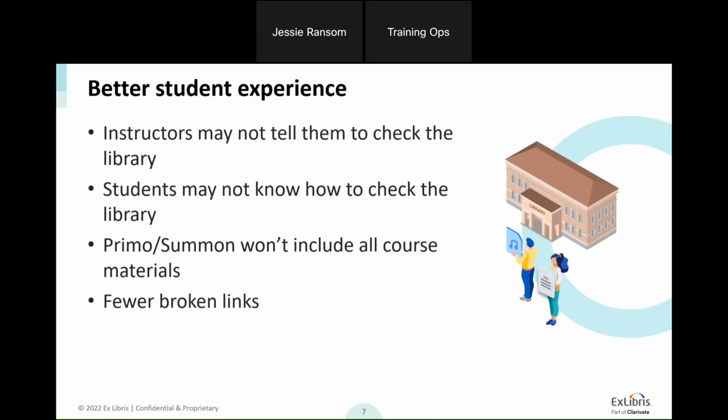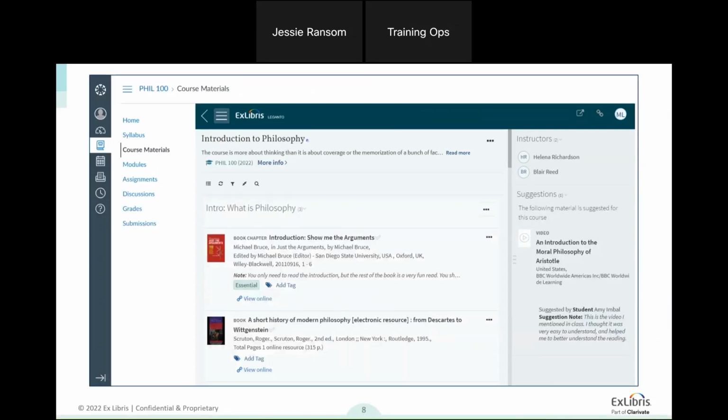And then, of course, students also encounter broken links when instructors are not working with the library. Whereas with Leganto, those links update automatically because of the integration with Alma. So definitely a better student experience. It makes it much easier for students to access all of their course materials from a single place, a system that they're using every single day.